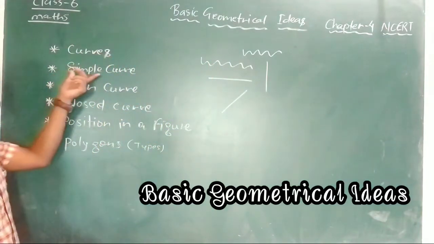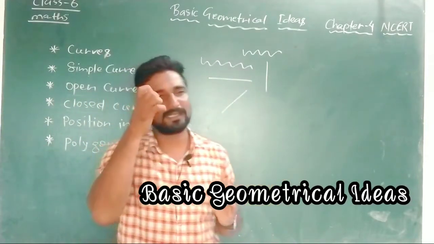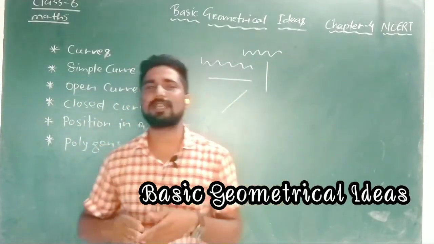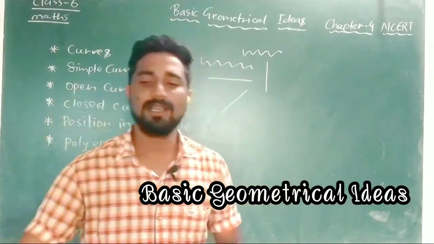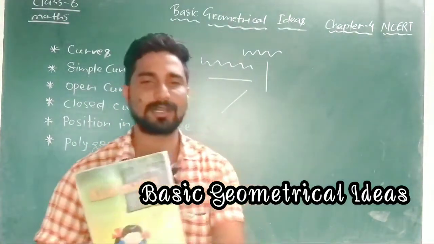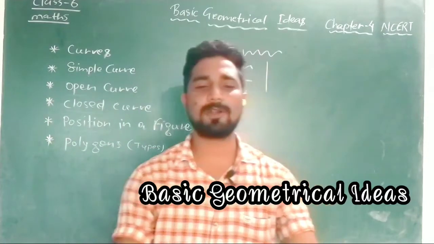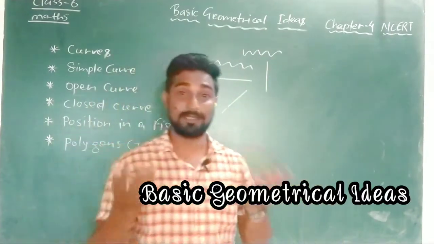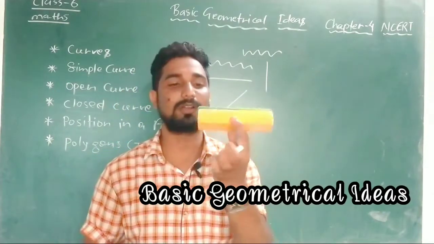Now after that, simple curve. In pictures and diagrams, you must be thinking of daily life use. Several things are there which we use. Suppose this is a duster. This is a book I have just kept, a class 6 book. This is also a class 6 book. Several things are there. And if you talk about the shape and size of the book, it is related to geometry.